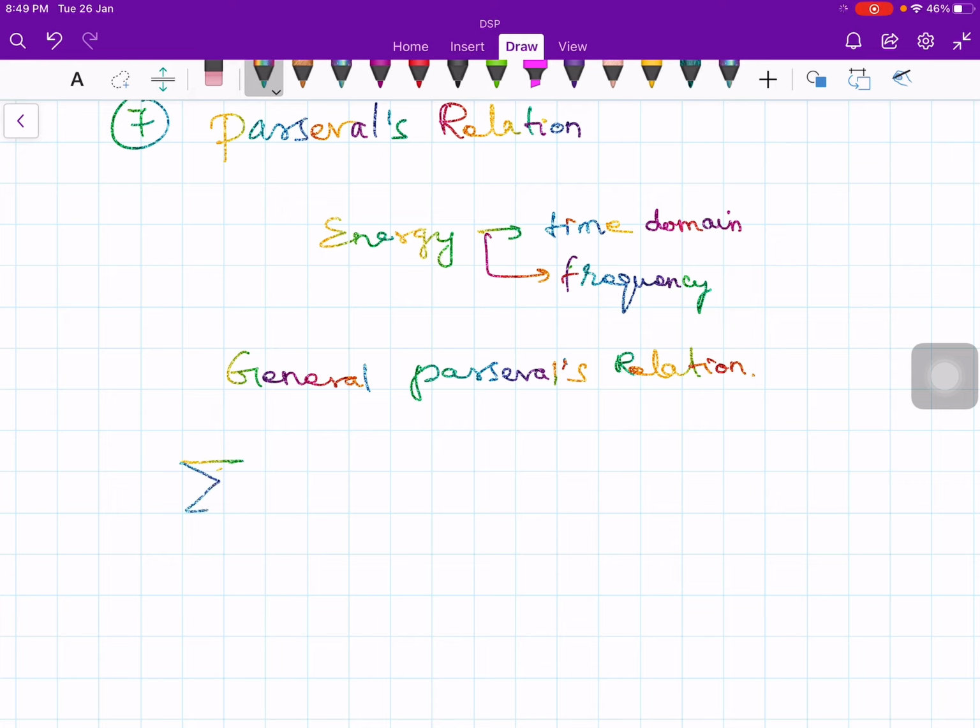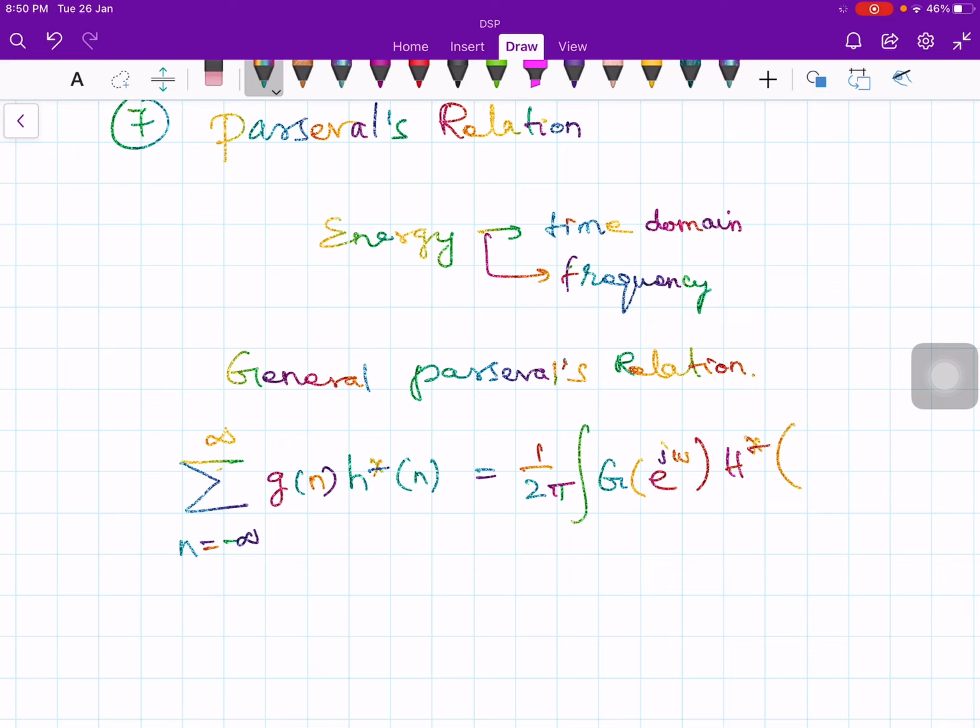The general Parseval's relation says that the sum of g of n multiplied by the complex conjugate of h of n, the limit is from minus infinity to plus infinity, is equal to 1 by 2 pi times the integral of the discrete time Fourier transform of g of n multiplied with the complex conjugate of h of e to the j omega, d omega, and the limit is of course in the principal domain, minus pi to plus pi,